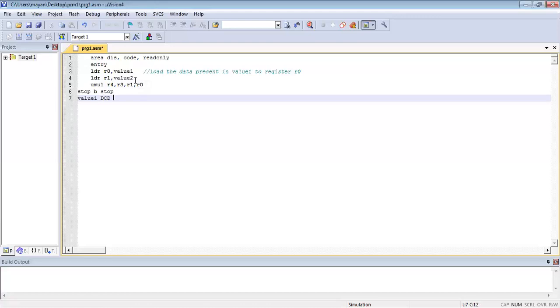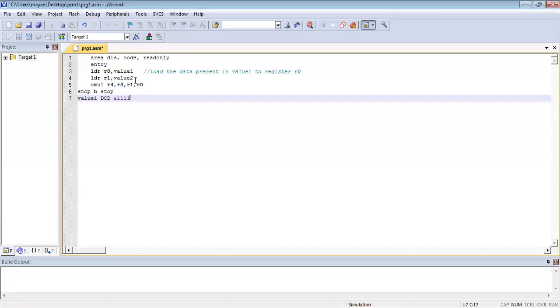DCD means defined constant double, which stores 32 bits. If we use DCW, we can store only half words, that is 16 bits. Here we are using the DCD assembler directive, which can allocate one or more words. So DCD ampersand.